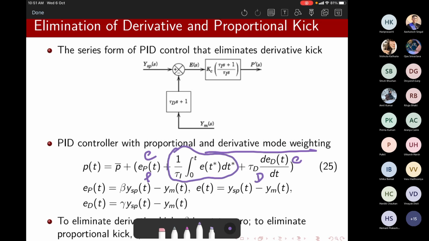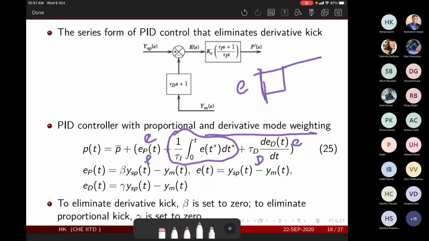The integral term, of course, has no problem because it is a smooth integration. If there is a sudden change, it would just accumulate the error. So to accommodate the sudden jump that is taken by the E signal, because this would be a sudden jump, instead of using E directly, people tend to use